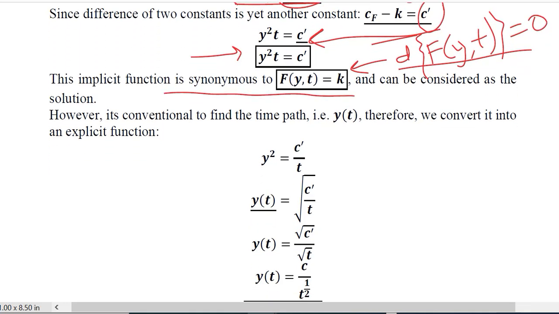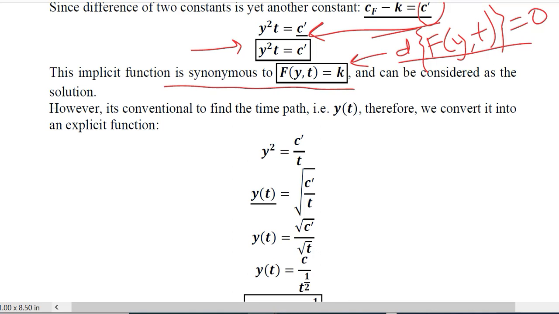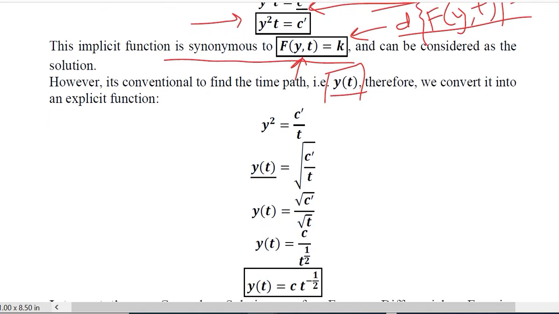However, this is the equation form. We need the solution form, and in a solution one variable is in terms of the other, not together on one side of the equation. So t has to be sent to the other side, for which we are going to make these adjustments. We are shifting this t to the other side of the equation, and we will get this. Y square is there, we need the value of y, not y square, so we take the square root. The square root appears here, and t is introduced here because it is the independent variable,